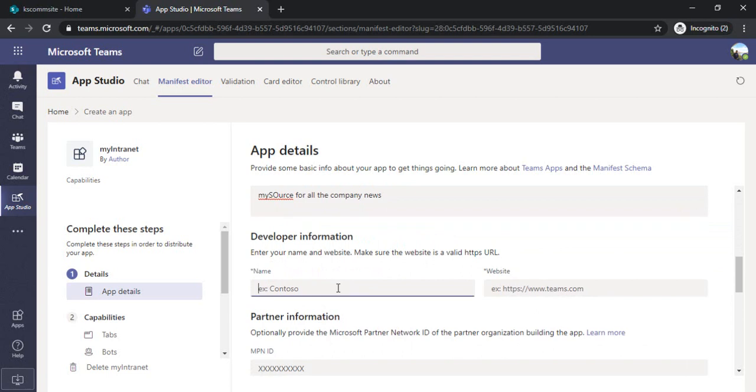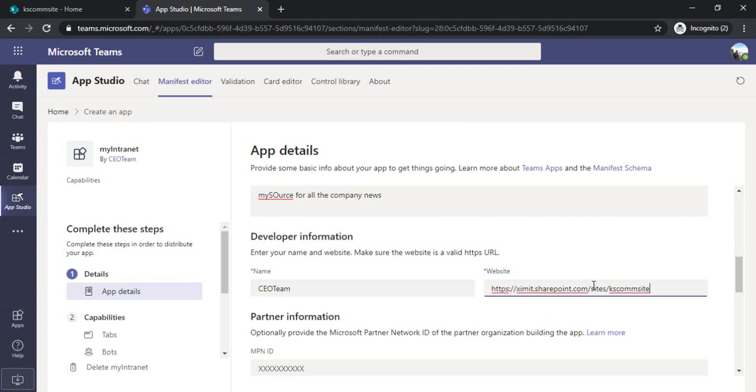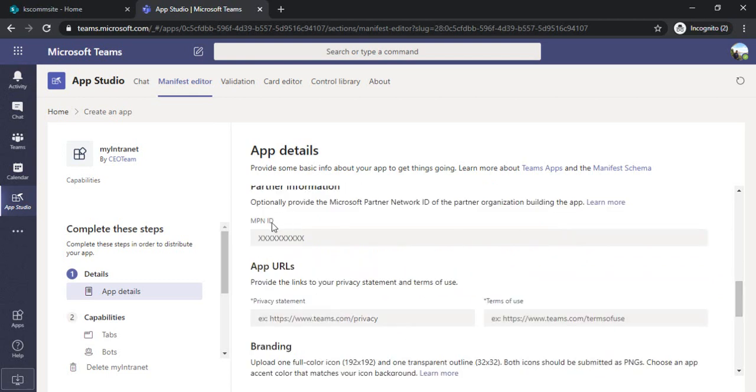Now scrolling down, in this developer information you can specify, let's say, collaboration team or whatever team you want to write, and in website it's generally a support website, whatever you would like to type, but I'm just pasting one of my sites itself, or you can type in whatever site or information you want to give. In the MPN ID you can just leave it as is.